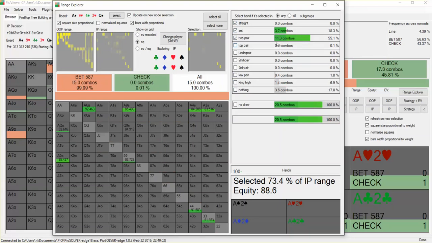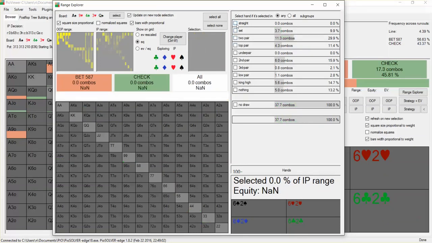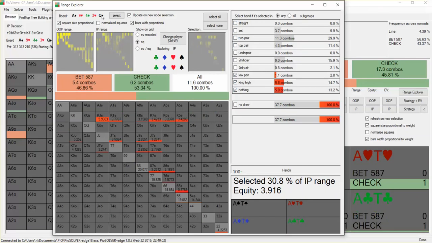And so I'm doing 11.3 plus 3.7. That's going to be 15. And so I'm taking 15 over the overall 37.7. And again, it's still 39% of the overall get to river range. So it's a better spot to bluff catch substantially because of the fact that he's looking at 39 to 30 as opposed to like 39 to 22 just by changing the queen to an offsuit. So this is cool stuff, and this is stuff that I want you guys to put a lot of time